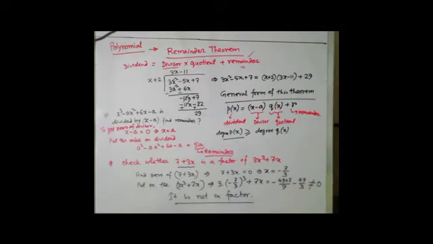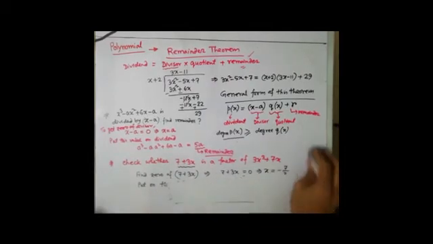I can say it is not a factor. That is the verdict we can pull down over here. So that way we can check whether it is a factor or not. Suppose this one were a factor of that one, then at that point, if you put this x value into that particular dividend, it would give you 0. If it is giving you 0, then obviously it is a factor. Got it?